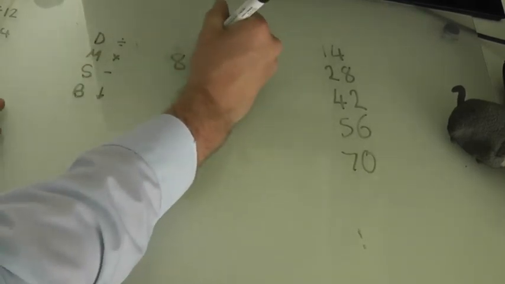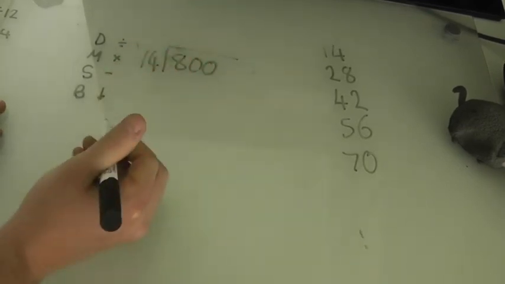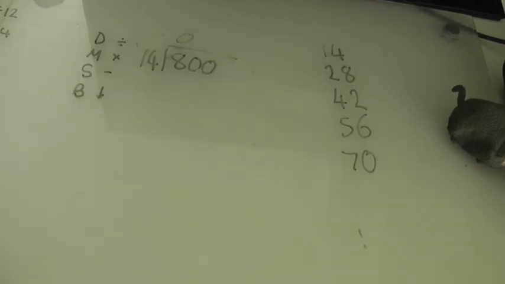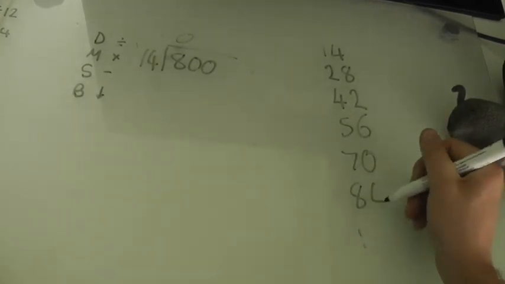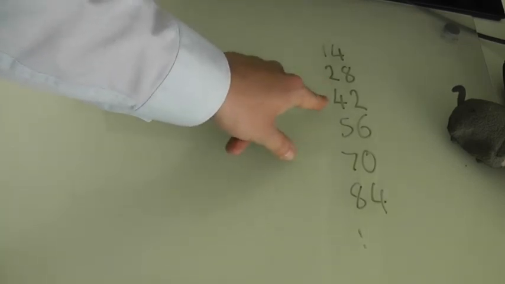Write out 800 divided by 14. How many 14s go into 8? Can't do it. How many 14s go into 80? Oh, so we need to go, well, we don't need to go any higher actually, do we? So we do 1, 2, 3, 4,